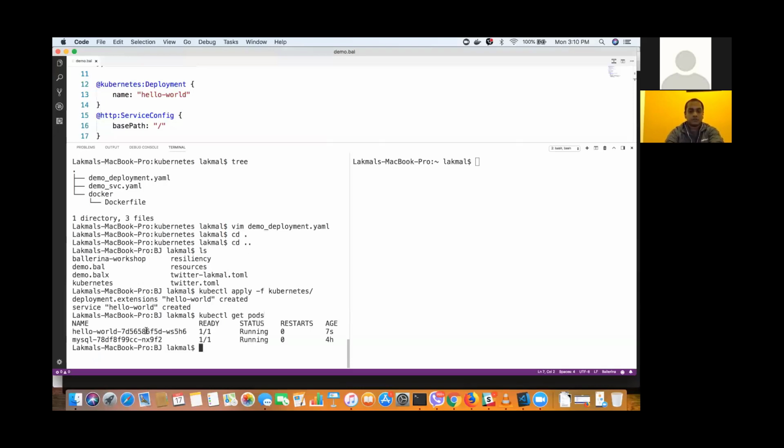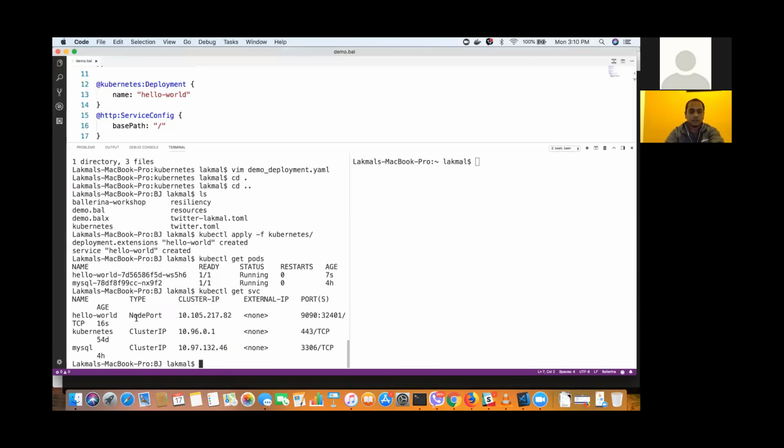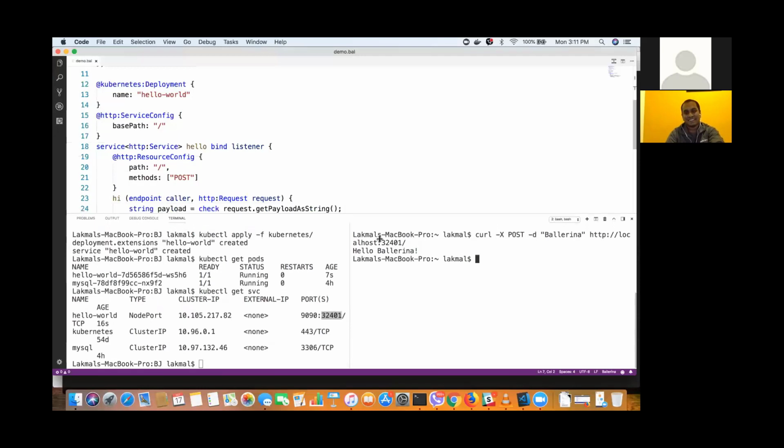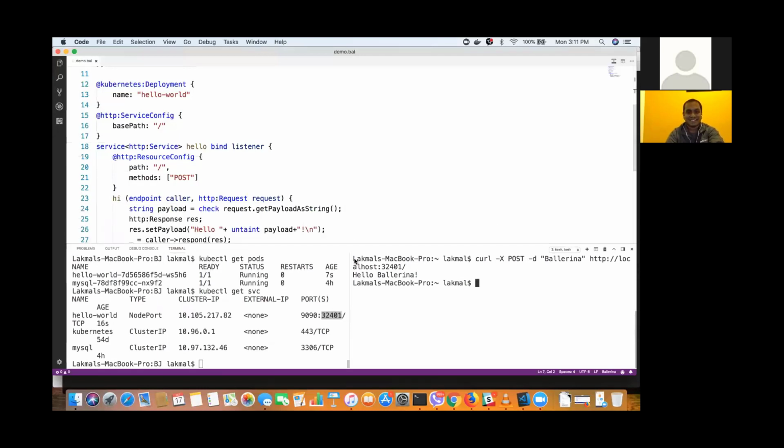So the ports. You can see hello world pod is running. Awesome. And if I go to kubectl get service, you can see hello world service is running using the node port type. So here's the node port. I can just use this node port. I can use the same command, but without changing the code, because of the node port. That's all. Awesome. Wow. This is amazing. Lakmal, I'm really flattened here. That's really amazing. I like it.